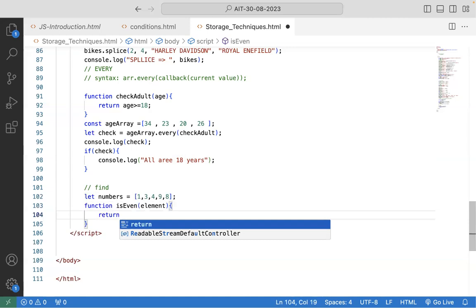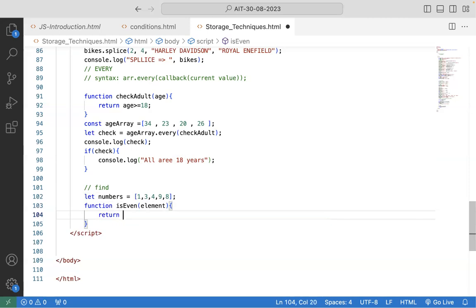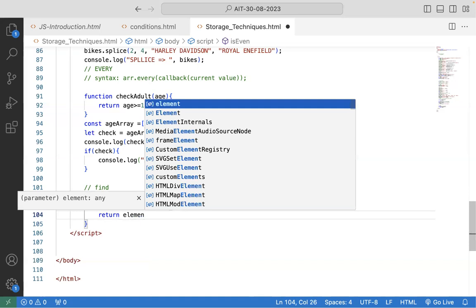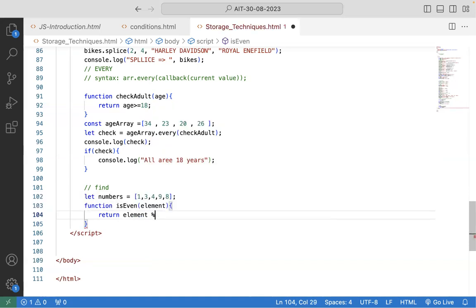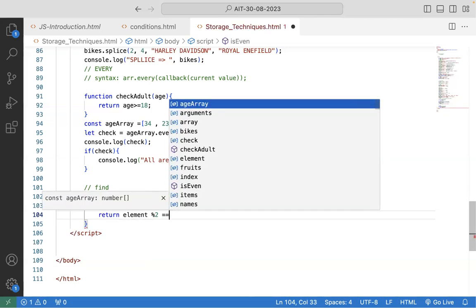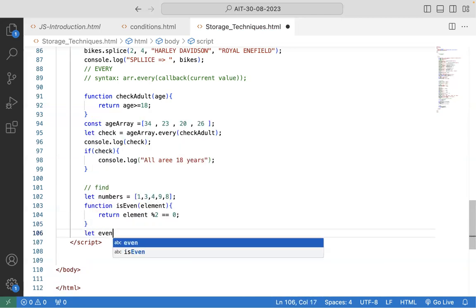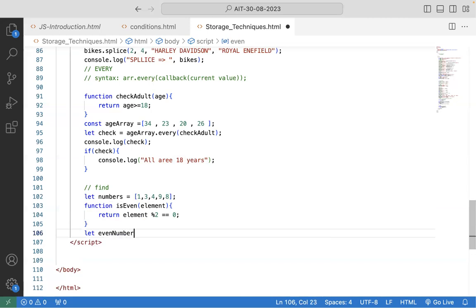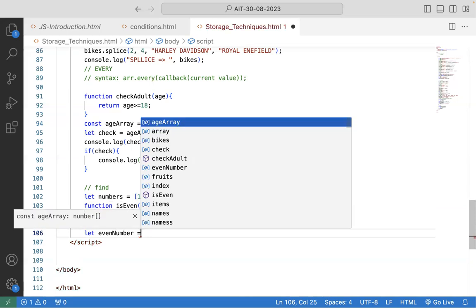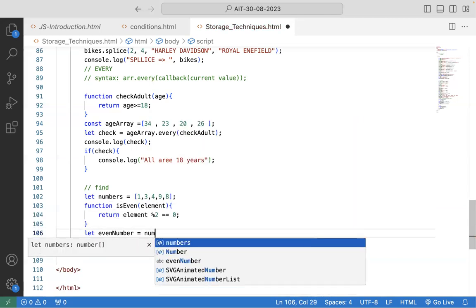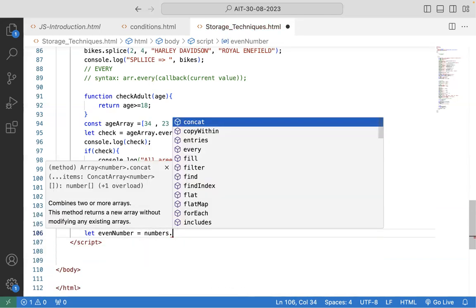Divide by 2 equal to 0, or divide by 2 not equal to 0, which is the condition? Equal to 0. So if it successfully comes, then right, evenNumber is equal to, within these numbers only I need to find, right? So numbers.find of,